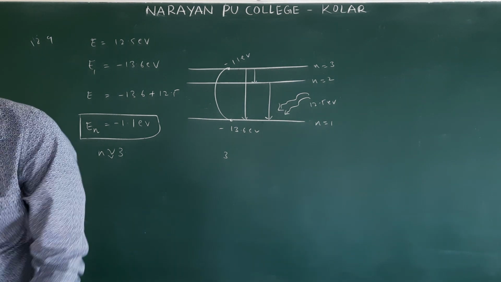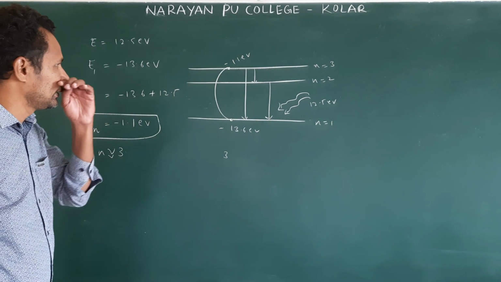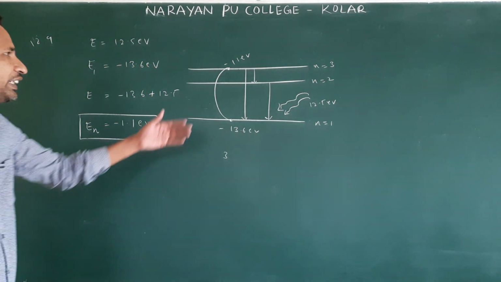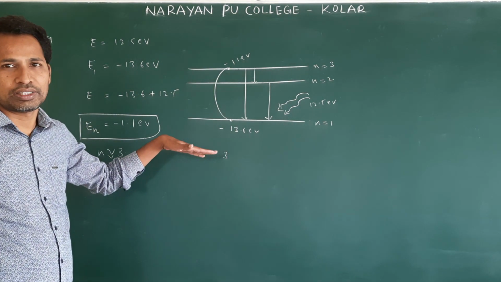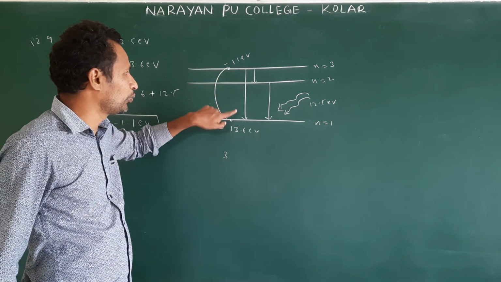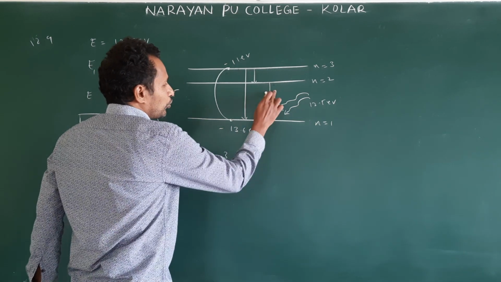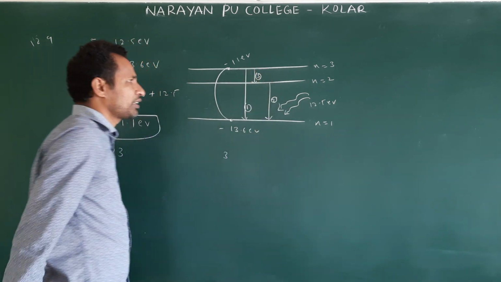Right? So check this. What series of wavelength will be emitted? They asked. So 12.9, Lyman series and Balmer series. Right? Lyman series 2, Balmer series 1. Clear? Already we calculated these wavelengths. Understand? When jumping from n is equal to 3 to 1, already calculated. So these two are Lyman series, and the other one is Balmer series.